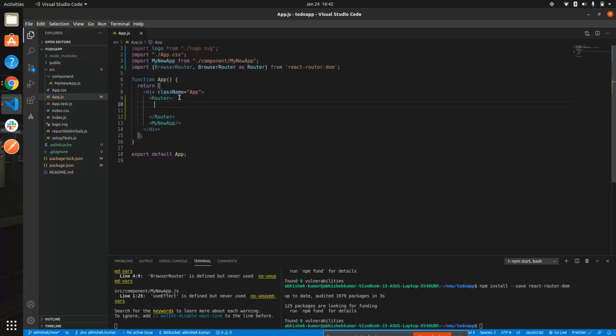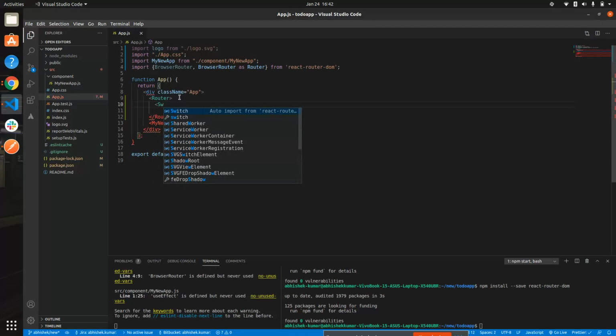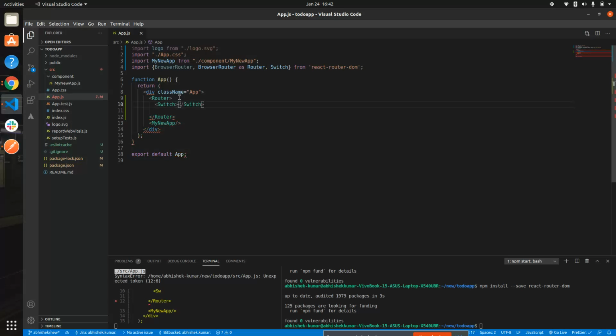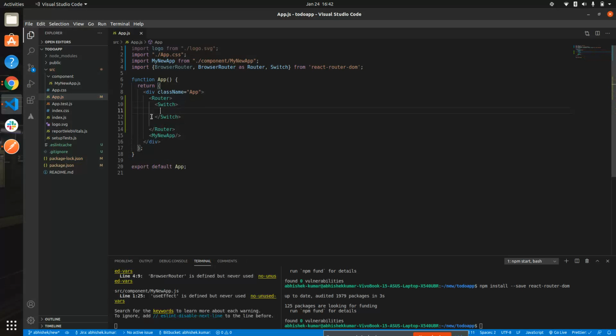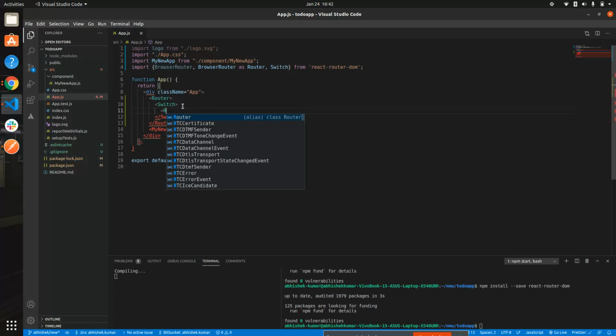And just type Switch now, because we need to switch the components between the routes. So just type Switch between the Router. And now we're gonna define our components on a specified route. So how? Type Route,